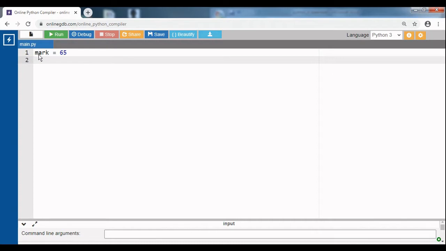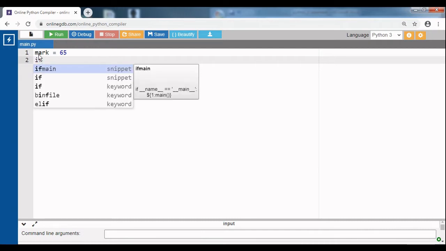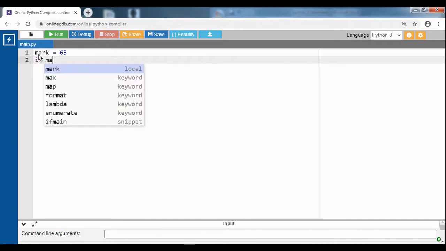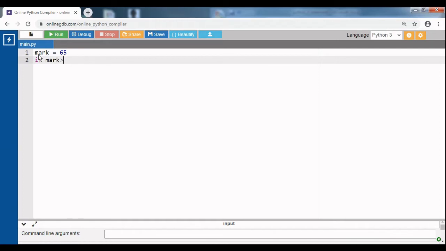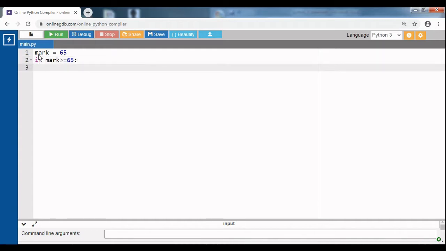These are the logical conditions we can use in an if statement. Here I use the if keyword, then the condition if mark greater than equal to 65, then a colon, then I print the information I want to display. So print pass. Let me execute.